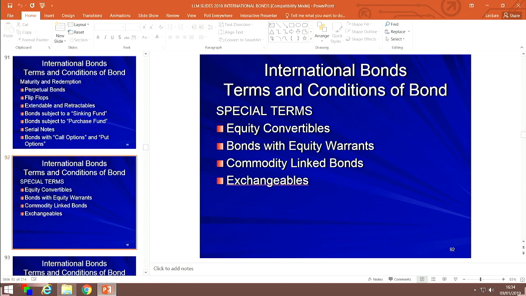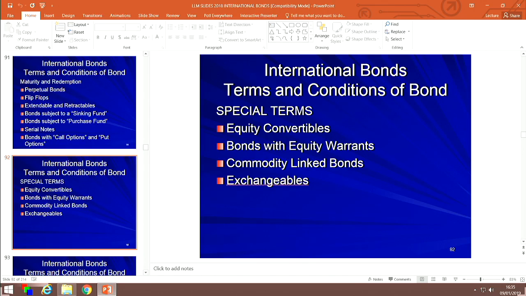And I'm going to touch very briefly on special terms in some bond instruments. The reason I say special terms, and that I'm going to deal with it very briefly, is because I'm going to have an entire section on equity convertible bonds. But for the moment, I'm just going to say what they are, and then we can look at them in detail later. Equity convertibles are bonds which have a clause which gives the bond investor the right